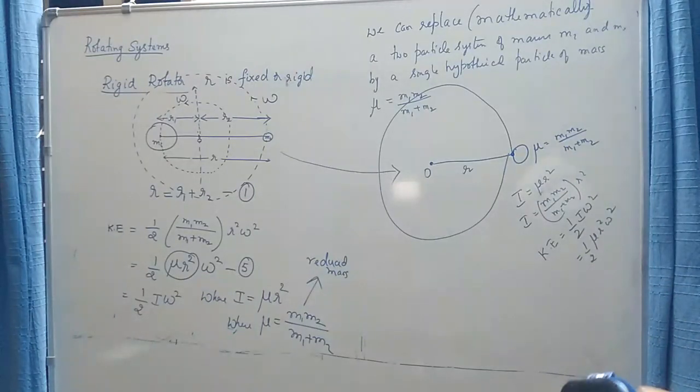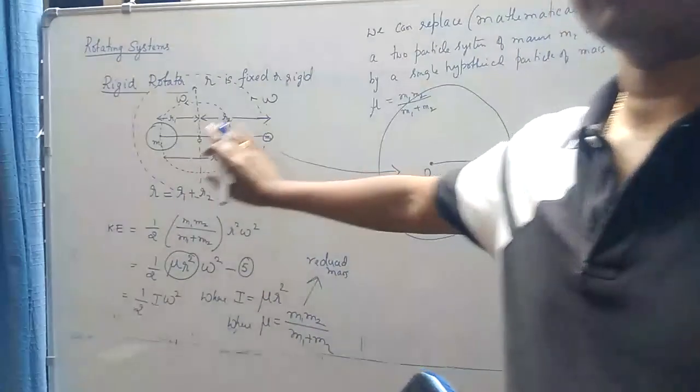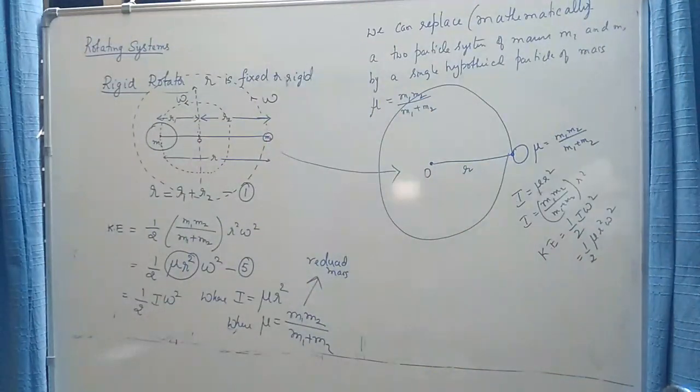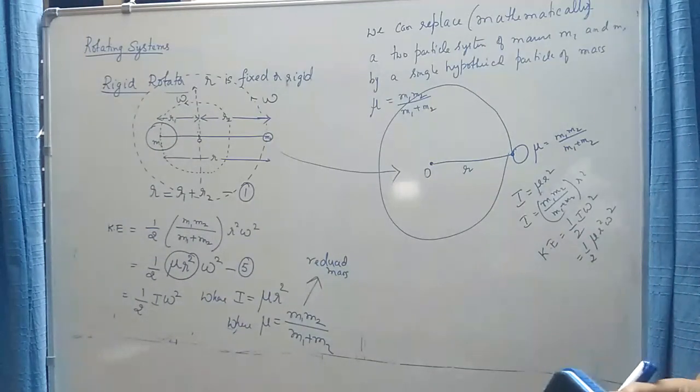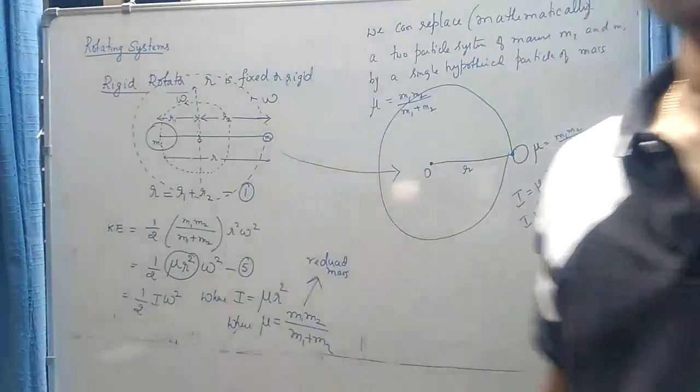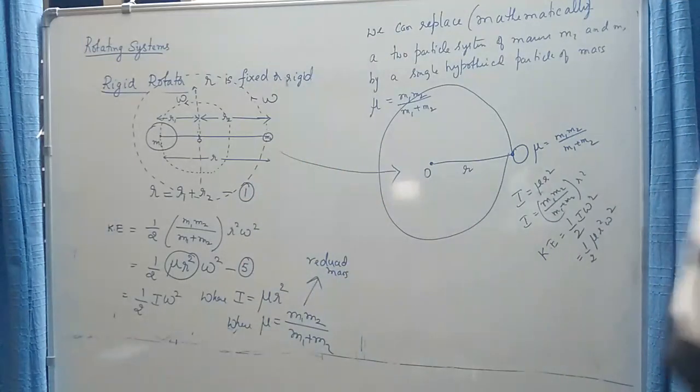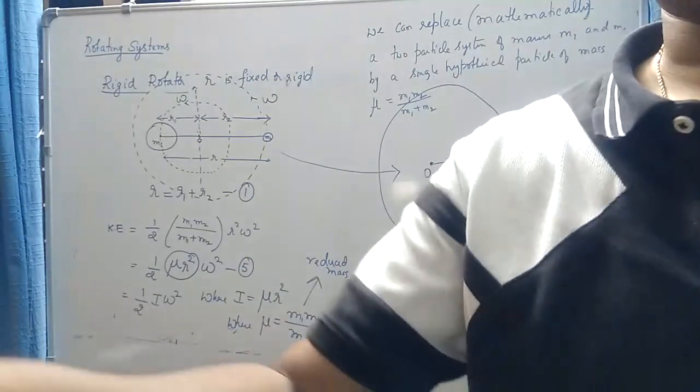So this concept of center of mass and reduced mass is very important to replace a two particle system by a single particle system. We will use all these concepts when we apply the Schrodinger wave equation to a rigid rotator. We have defined what a rigid rotator is, and we need not define it again later. So we will use this rigid rotator model to explain the application of the Schrodinger wave equation to a rigid rotator model.